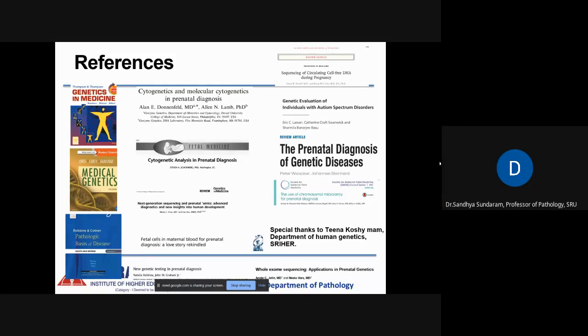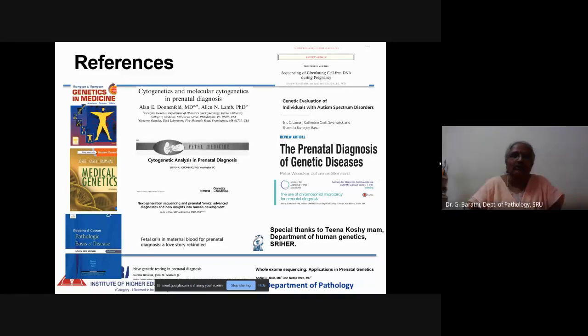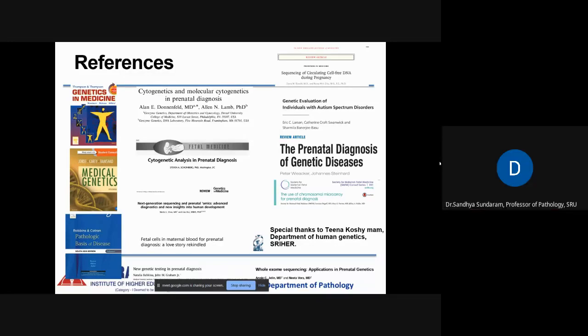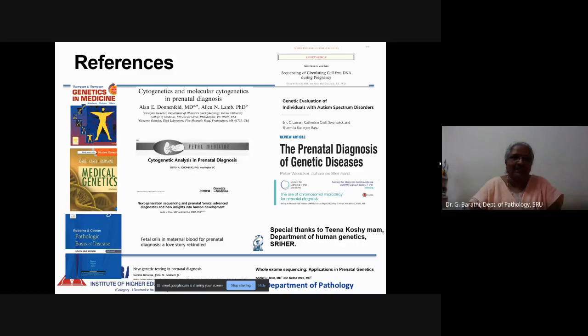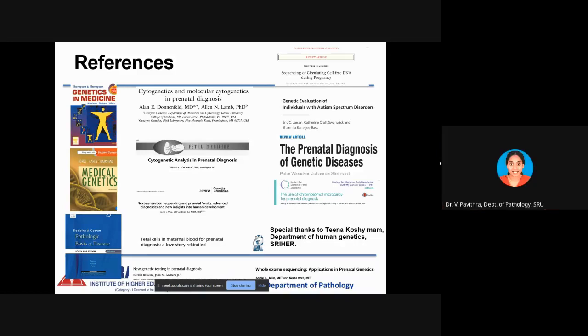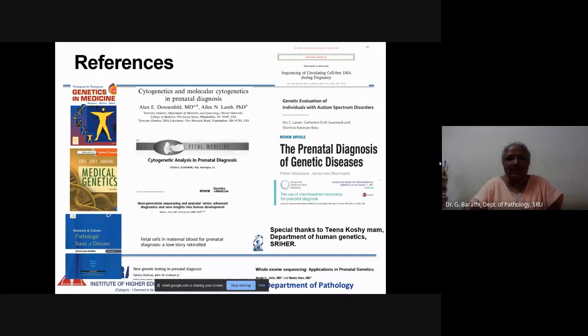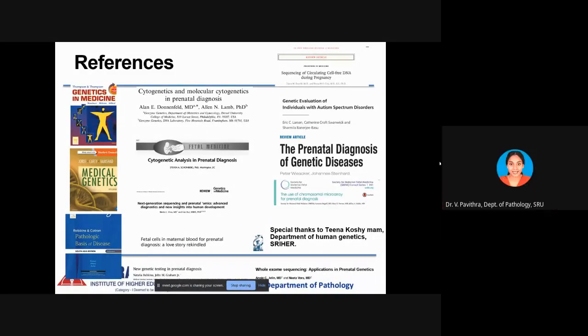Is the next generation sequencing done here or is it outsourced? I am not sure. Genome is there inside. I think they are doing it, ma'am. We have the MiSeq, but I'm not sure whether they're doing the test in there. Interpretation is not done here, ma'am. They are outsourcing it to Bangalore. But we have the NGS machine. Unfortunately, it's very costly to operate and they are not using it.